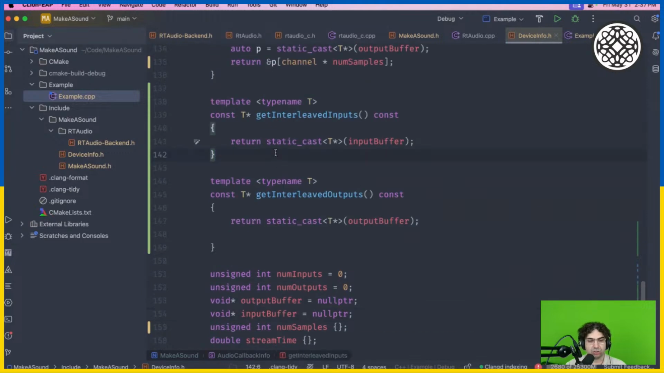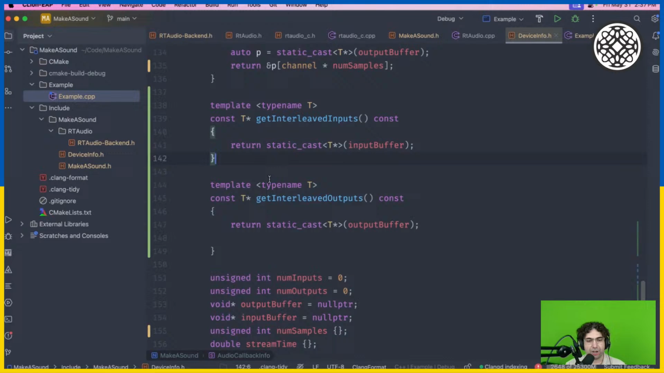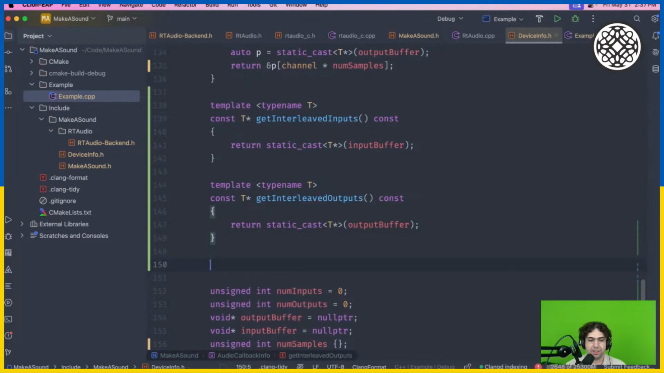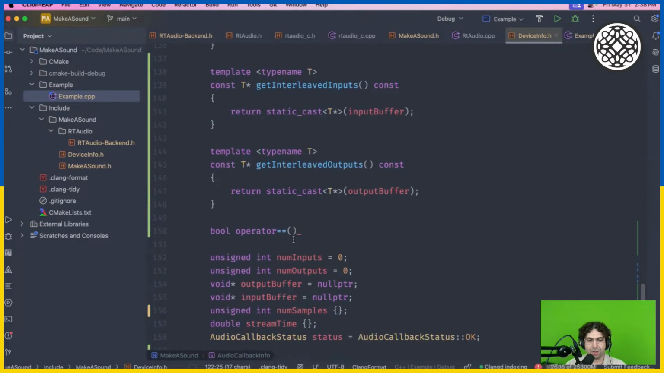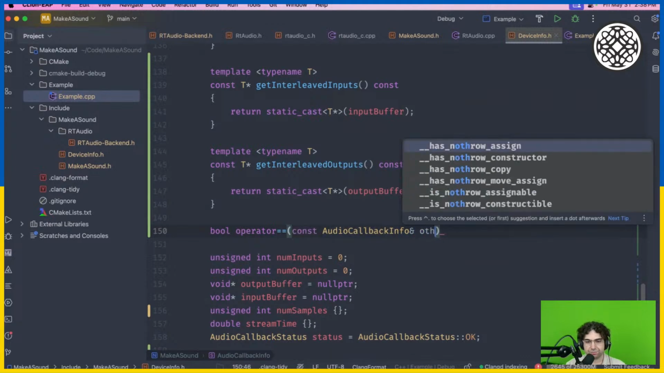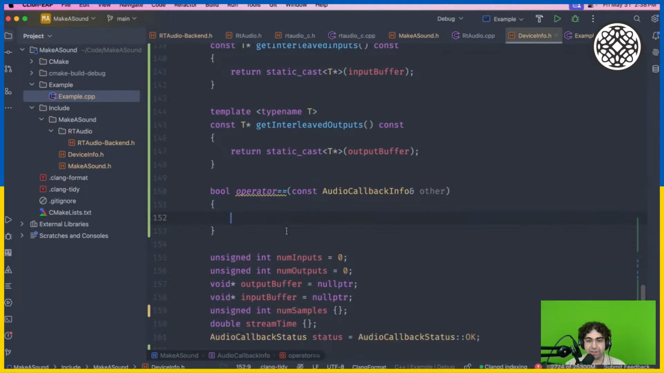is to write a custom comparison operator. C++ lets me define what it means to compare this. So it's going to be something like a bool operator equals with another audio callback info, or with another const ref to callback info. And when I do this, I don't need to compare everything, right? I can just compare